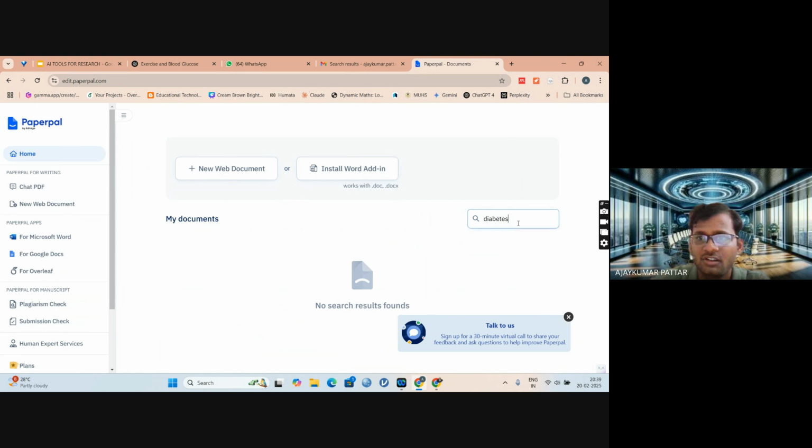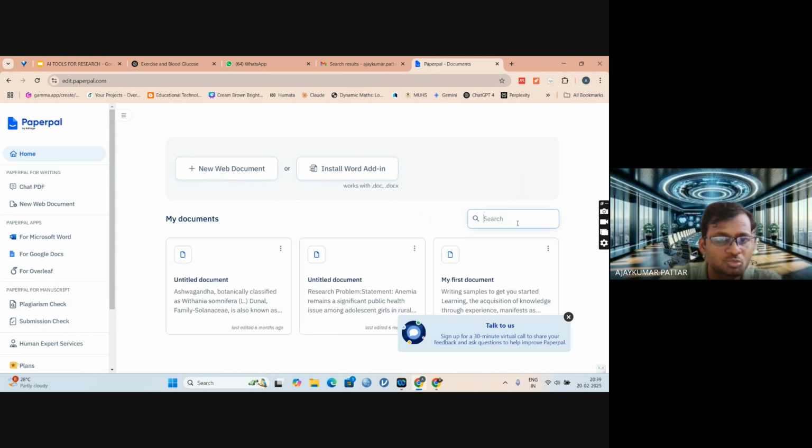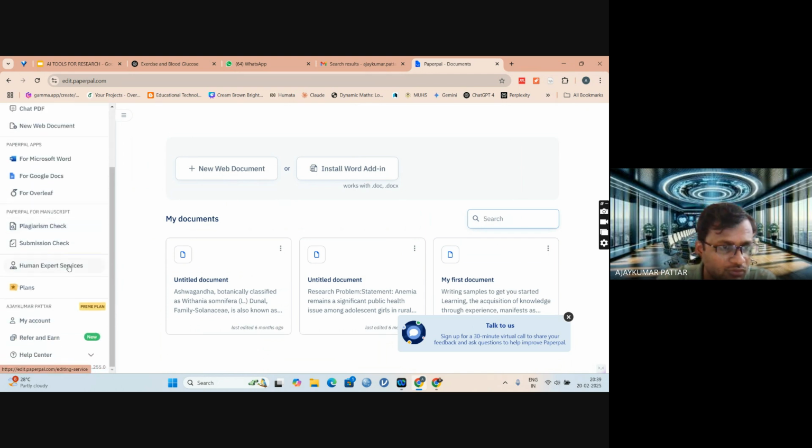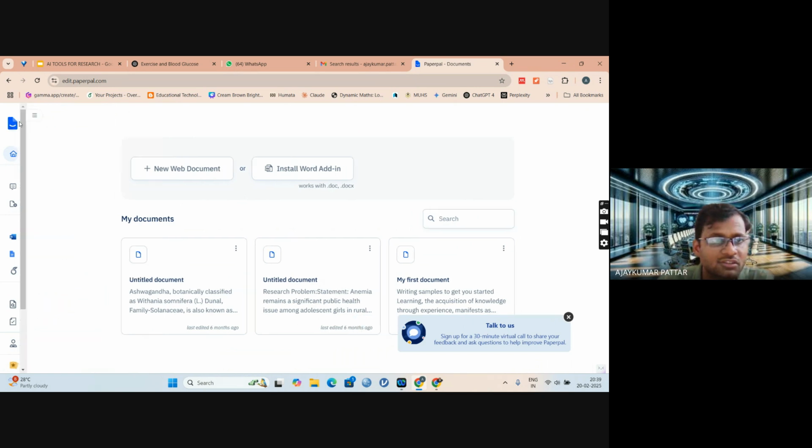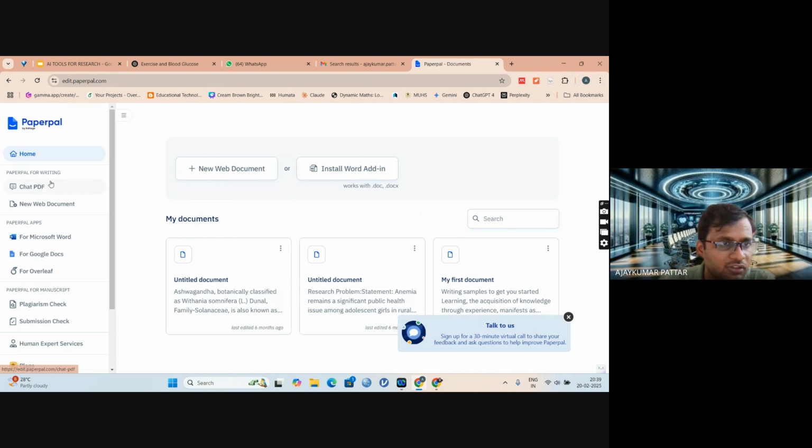No documents are there. Here we have to upload our documents, and we can ask, and general search is also there. Just, why is it not showing?